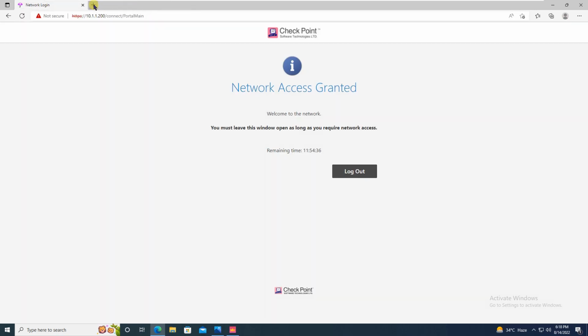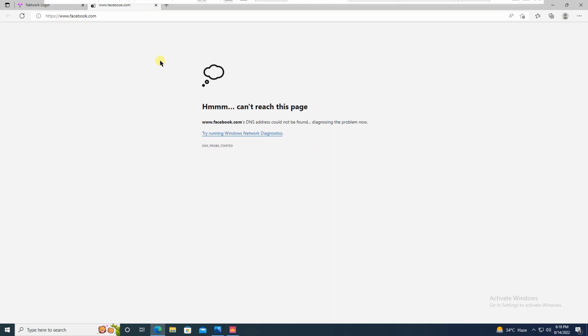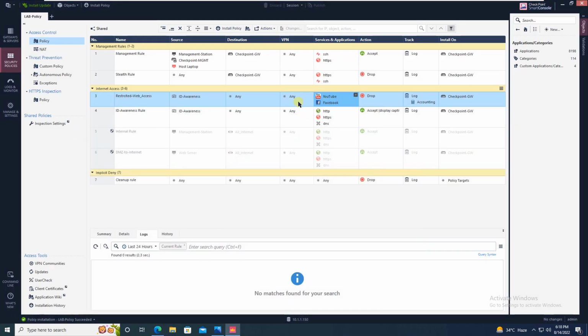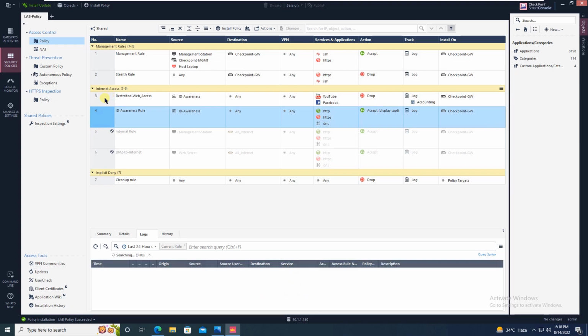Let's try facebook.com again. And you can see that even Facebook is not reachable because it is getting blocked due to this particular rule. So what we are going to do is check the logs for this rule,